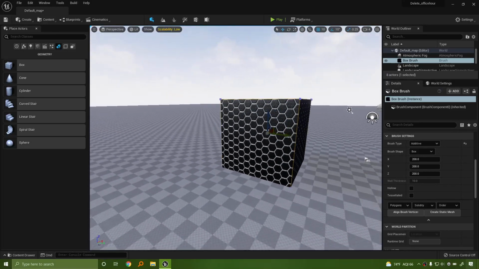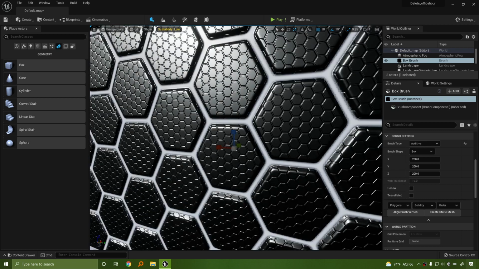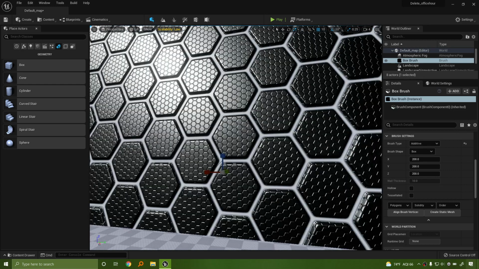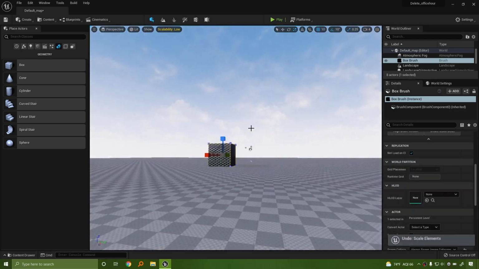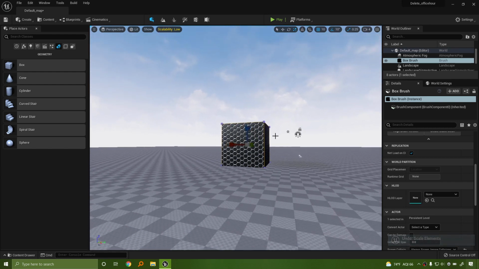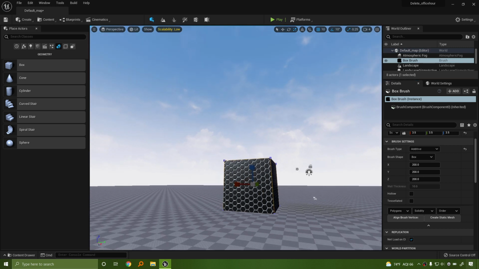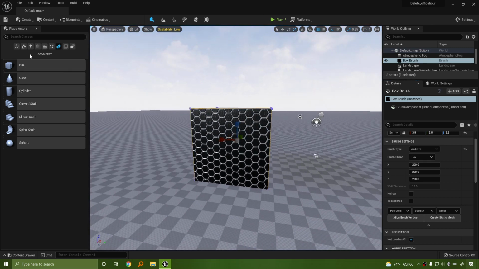Alright, so watch as we scale this up. You see that the texture also gets bigger. That might not be what we want. Something that you can do that is really interesting is the difference between the texturing on an object. Let me bring in a cube for an example.